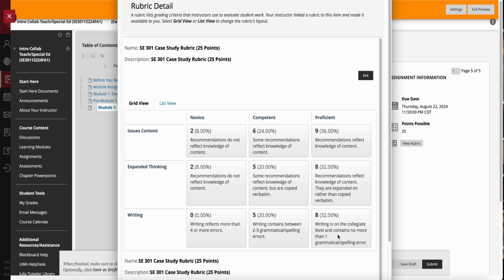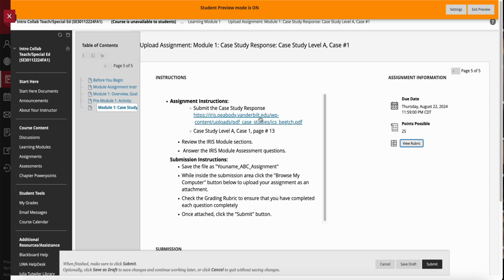You have access to a free copy of Grammarly Premium. All you have to do is sign in with your UWA username and email address, and it will give you access to everything. And there you go. Don't create your own account. Okay, so now that you know how to score the points and where the activity is,